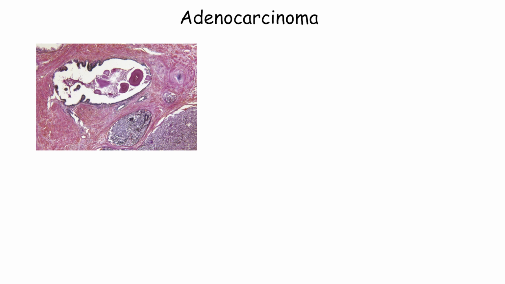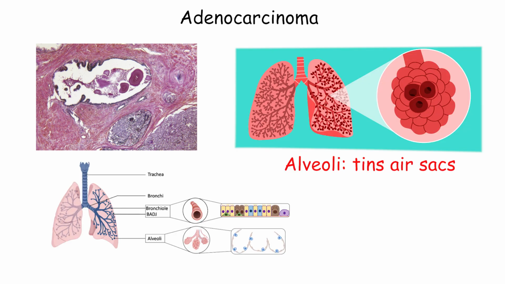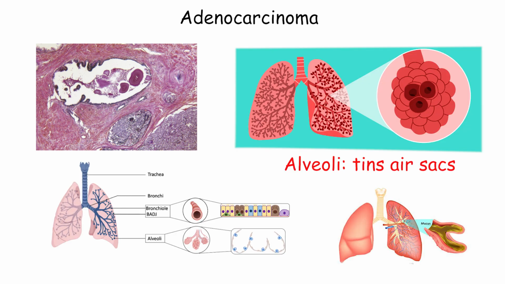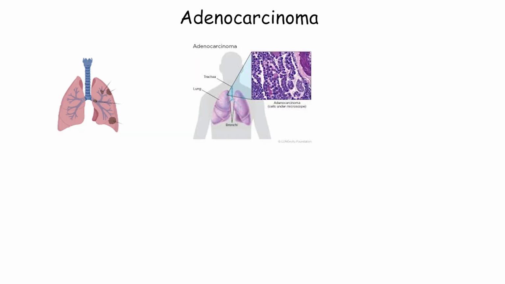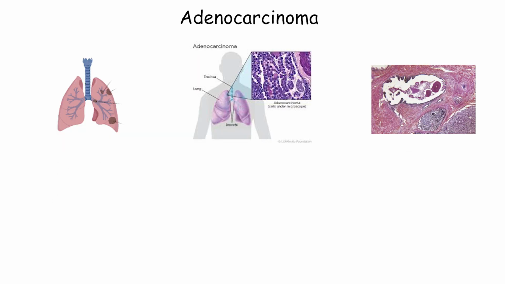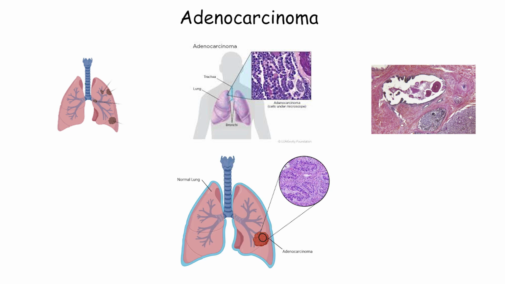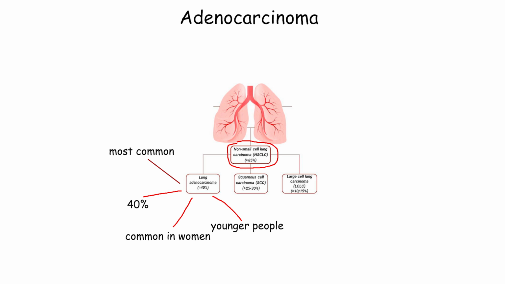Adenocarcinoma typically begins in the cells that line the alveoli, tiny air sacs in the lungs, and produce mucus or other substances. These cells are located in the outer peripheral regions of the lungs, which is why adenocarcinoma often forms in these areas. This type of lung cancer is more commonly diagnosed in women and younger people compared to other